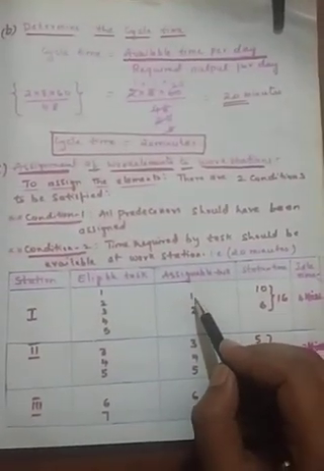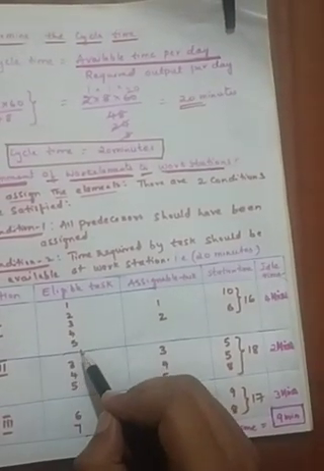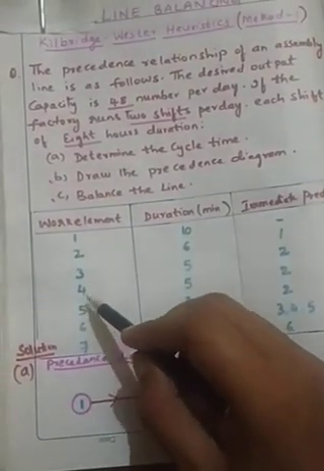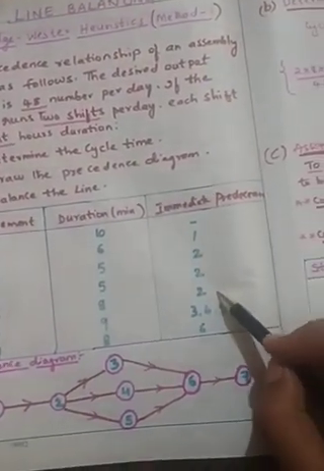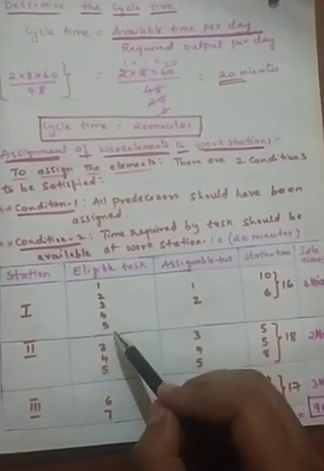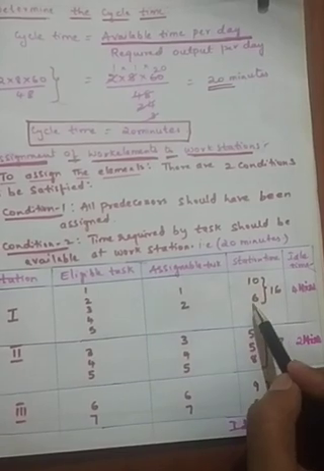So here for element 1 the duration is 10 minutes. For element 2, what is the time? It is 6 minutes. Though 3, 4, 5 are also eligible. Why are 3, 4, 5 eligible? Because to start with 3, 4, 5, the second element is to be completed. Since we have completed the second element also, 3, 4, 5 are eligible now, but 10 plus 6 already